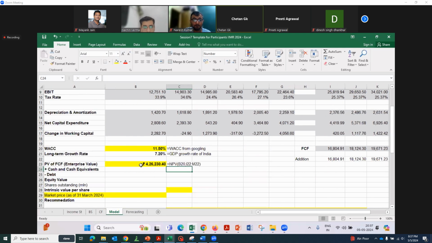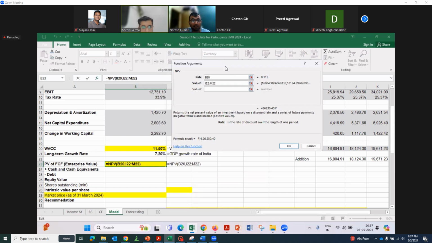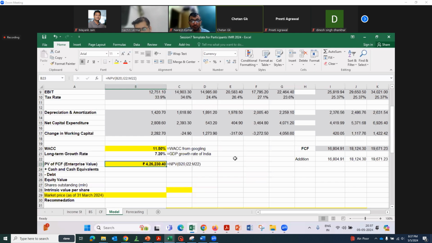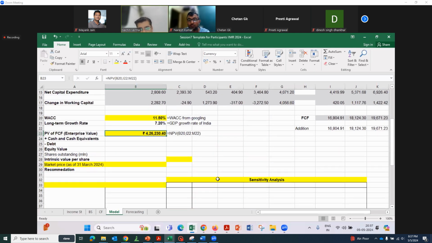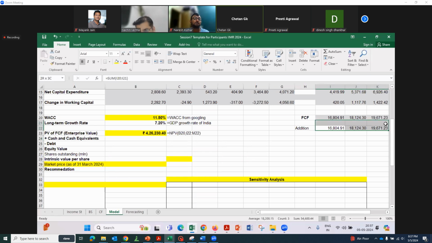In one step you can compute this with the NPV function. We take the WACC rate in place of rate, and the values are these values. This gives the present value of all these future cash flows.